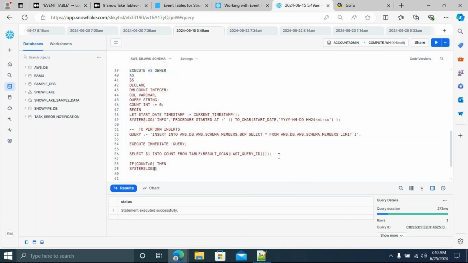Then I'm going to put the log level first. Log level is info, and then total number of records inserted. For concatenation, what notation do you have to use? Pipe symbol, and then just provide the count. That's it.